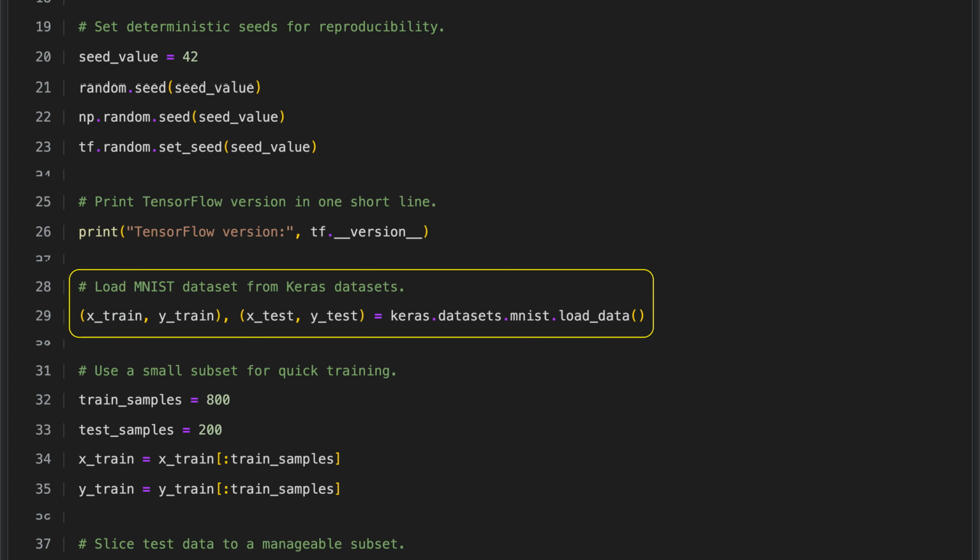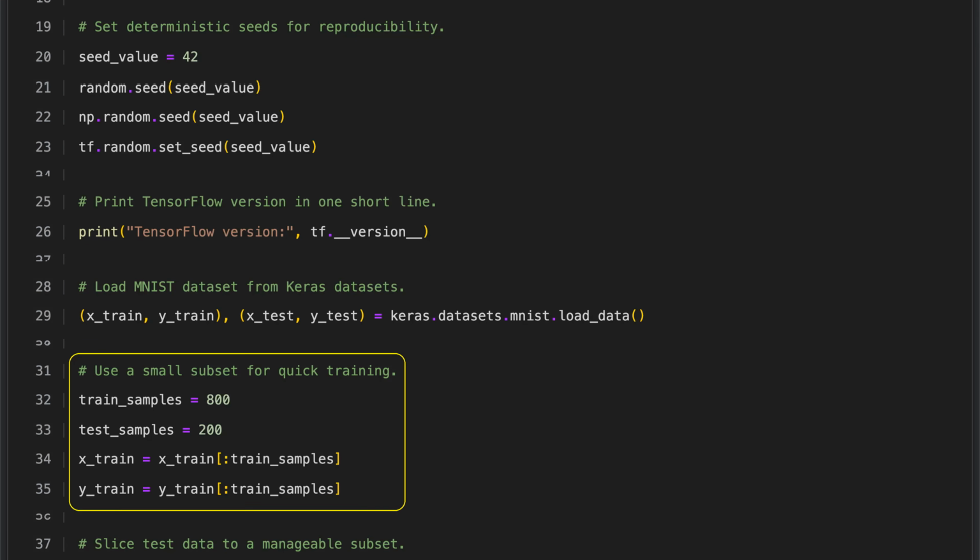We begin by loading the MNIST dataset using the dataset tools provided in Keras. This call returns training images with their labels and test images with their labels in two separate groups. The data consists of images of handwritten digits, which are widely used to train and evaluate image classification models. Using this built-in function gives us quick access to a standard, pre-processed dataset that is ready for model training and